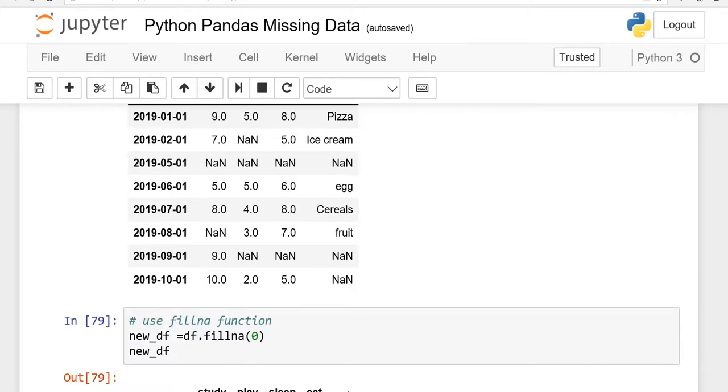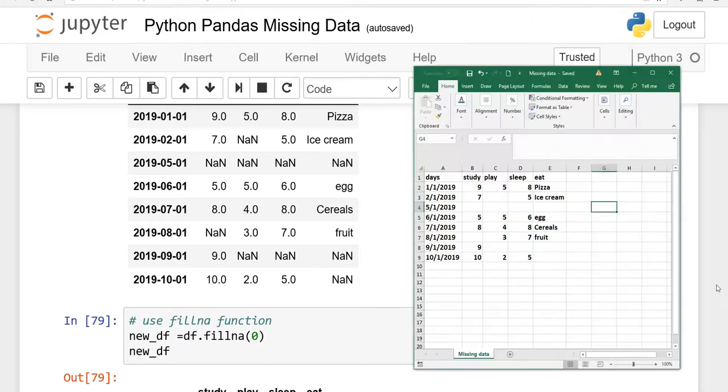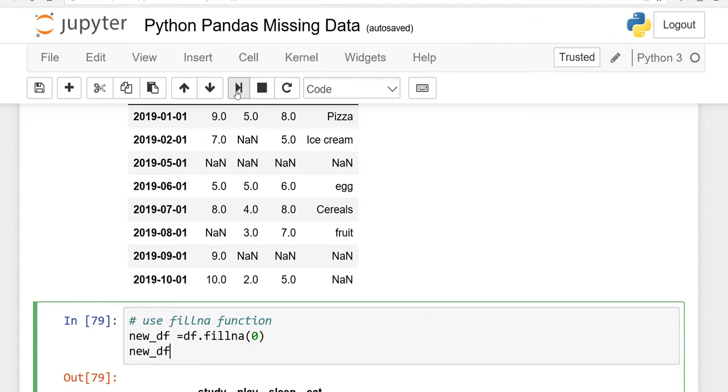Now we will learn some fillna functions. I have made my new data frame: new_data_frame is equal to df.fillna(0). Now what is the meaning of this fillna(0)? It means, see, we have this CSV, comma separated file, and all these cells are blank. We do not have any numbers or any string here. So the function fillna(0) means wherever the system sees there is no number, it will make it 0. I will run this for you and show you.